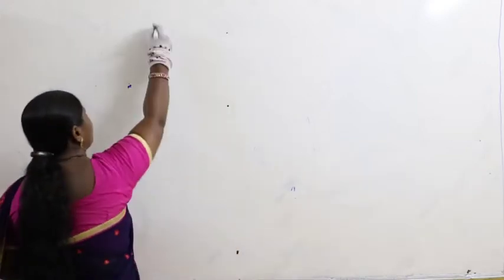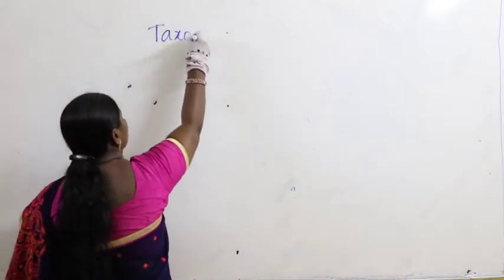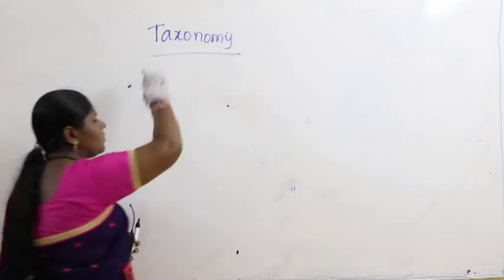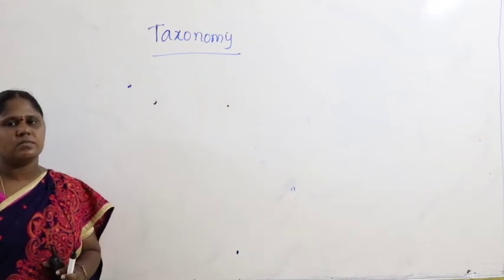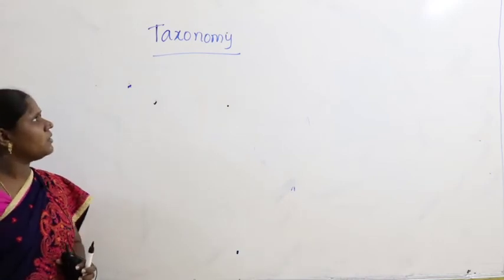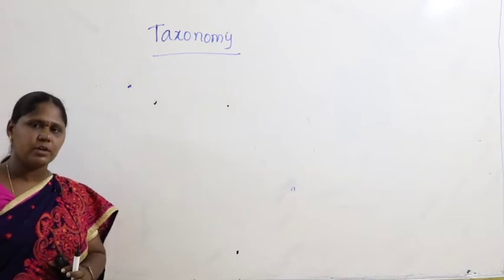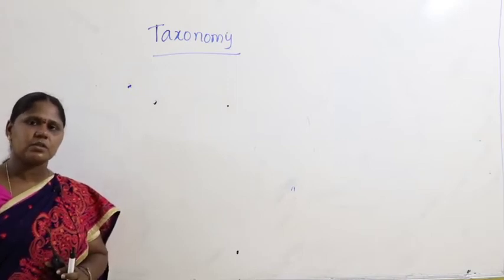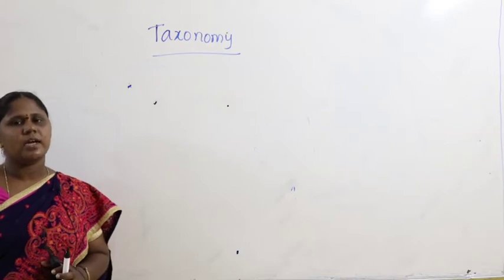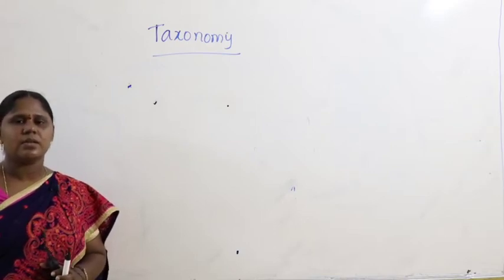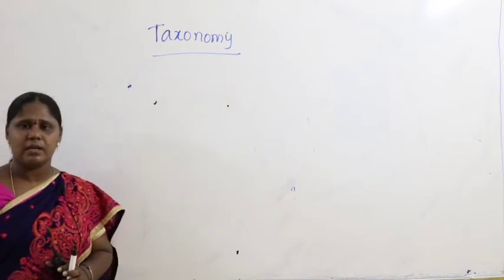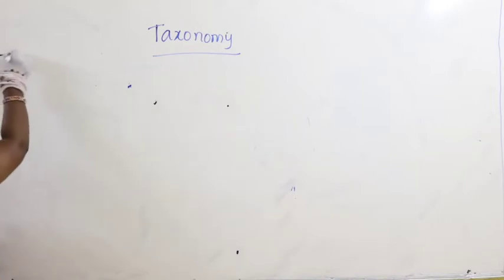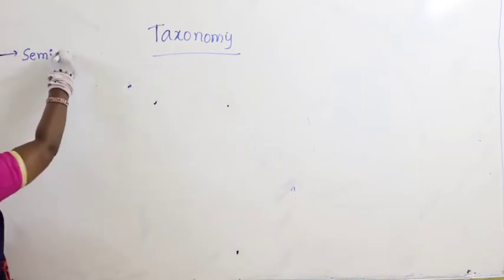Hello students, now let us continue our discussion with taxonomy. Taxonomy is nothing but the branch of science which deals with classification of organisms. Now as you know very well, we discussed the three important systems. What are they? Artificial system of classification, second one is natural system of classification, and third one is phylogenetic system of classification. Now in this let us mainly speak about the next one, very important one, as we have discussed